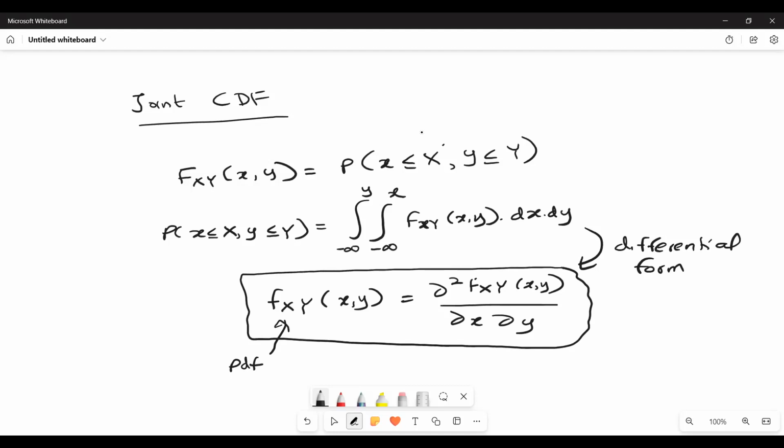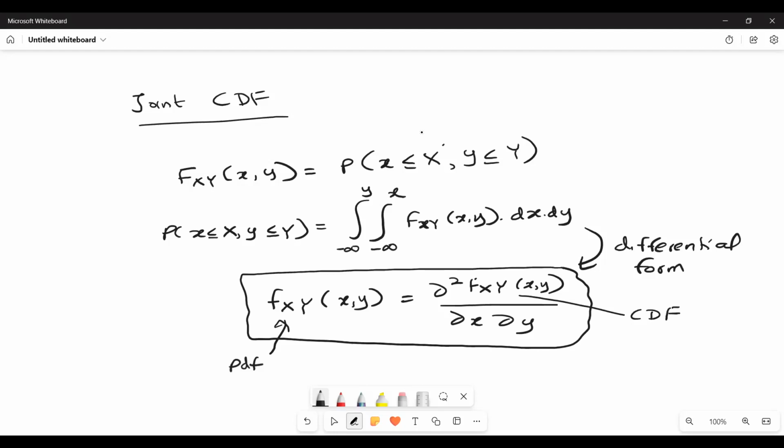So the PDF alone can be described using this equation, where this is the CDF function. So using the CDF function, you can define the PDF standalone. So if you want to find the probability of something happening,